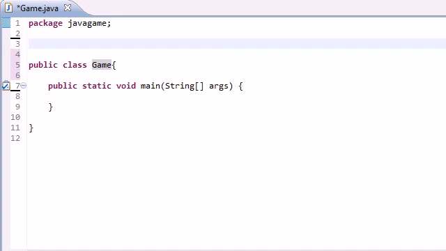So if you saw my last video, you know that the first thing we need to do is import some stuff, because you know all that stuff that I had you download and set up. Well, I didn't just do that because I was bored. We actually need what we downloaded, so in order to get it in our Java game we need to import it. So import